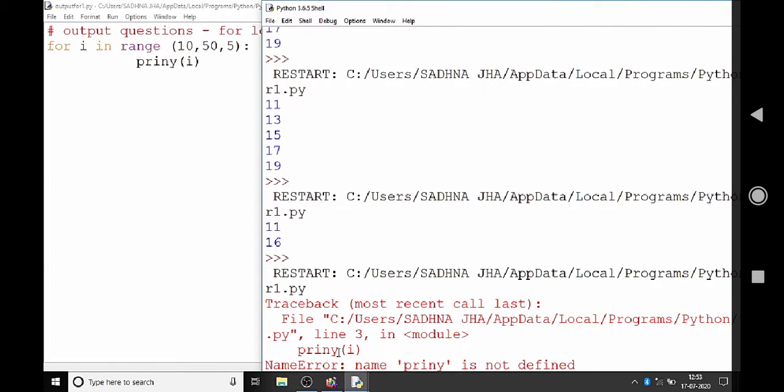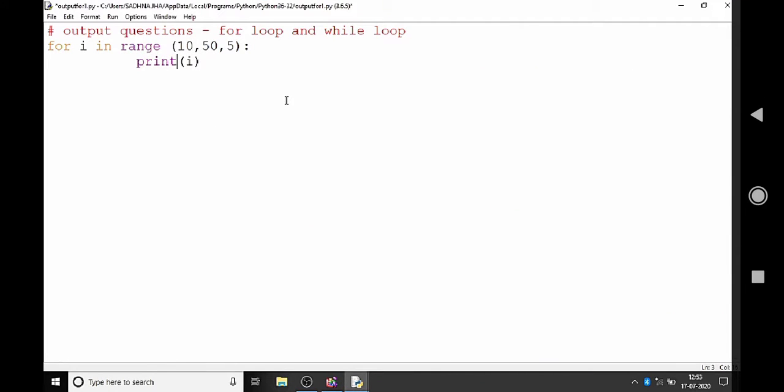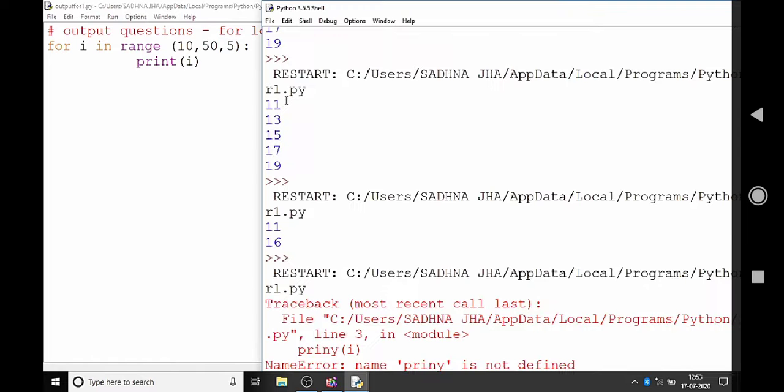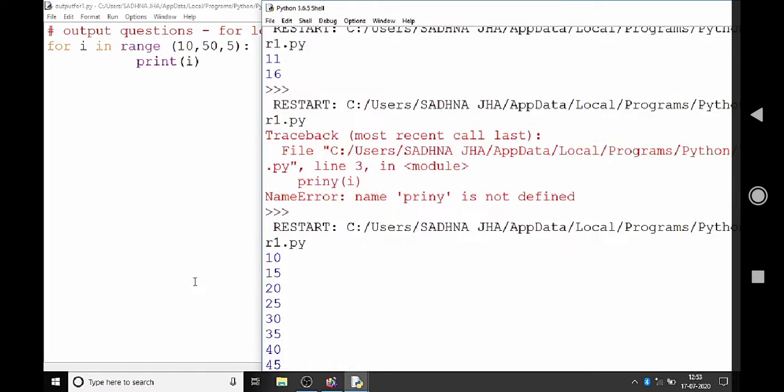You can see print spelling is wrong, so I have to correct it. Okay. 10, 15, 20, 25, 35, 45. It will not take 50. The range function doesn't take the end value.